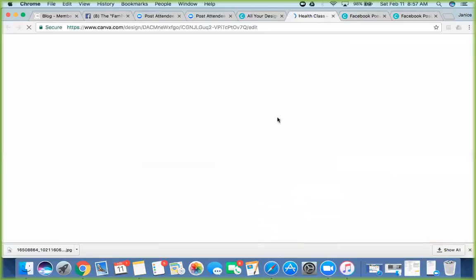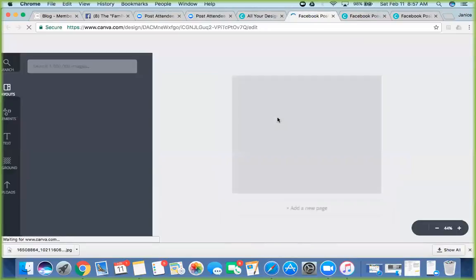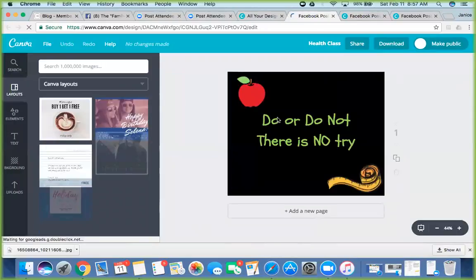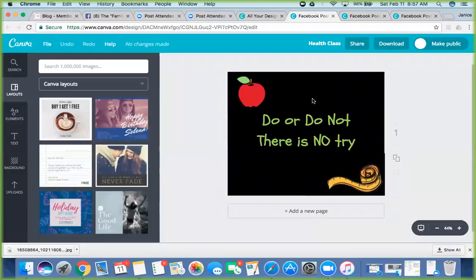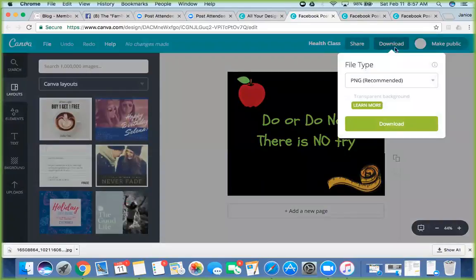And then how do you upload it to your Facebook? Is there a tab for that? Okay, so once you're here, you hit download, and then it'll allow you to save it as PNG, JPEG, or PDF. You can't upload a PDF picture to anything, so you always